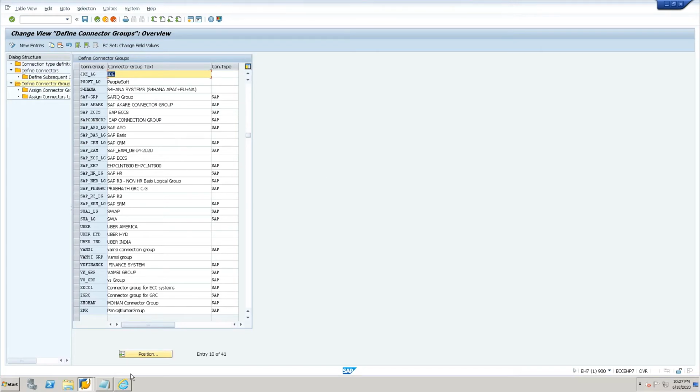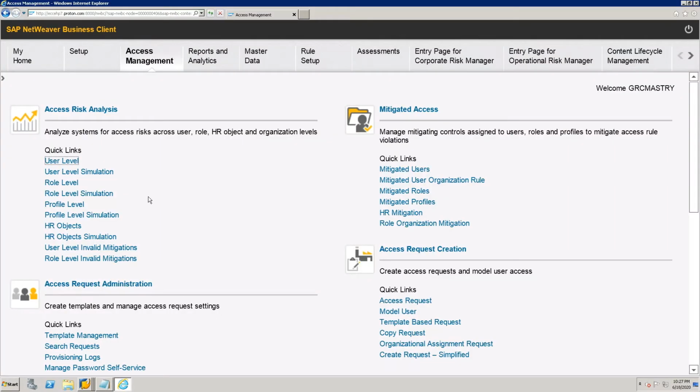Yeah, so you will go to user level analysis, simulation, role level. So you can just choose that respective connector, which connector we created. So you can select and do the risk analysis for the new connector.